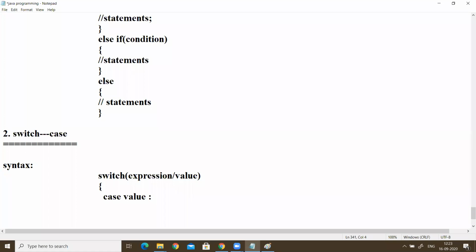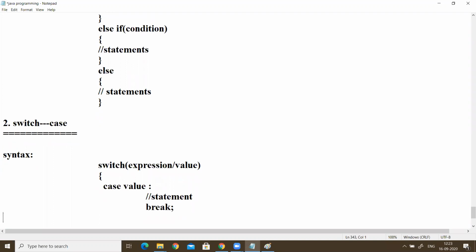And in these we write statements. Any number of statements we can write here. Compulsorily we use a break. This break will stop the switch block. So when our required value came, the statements are executed, then it will break. Break is nothing but it stops that block of code execution.